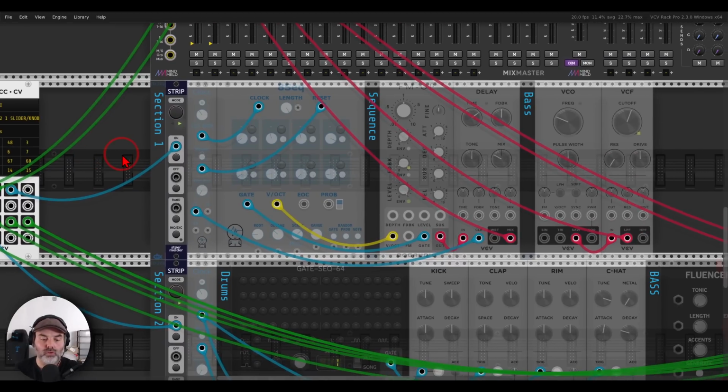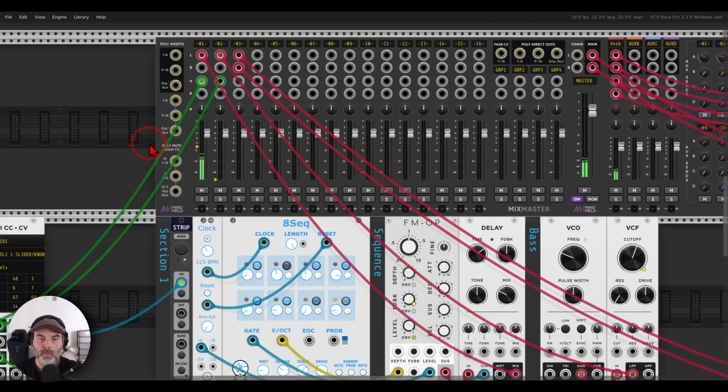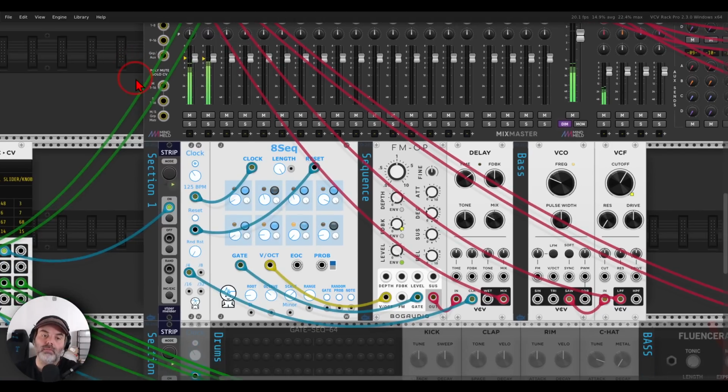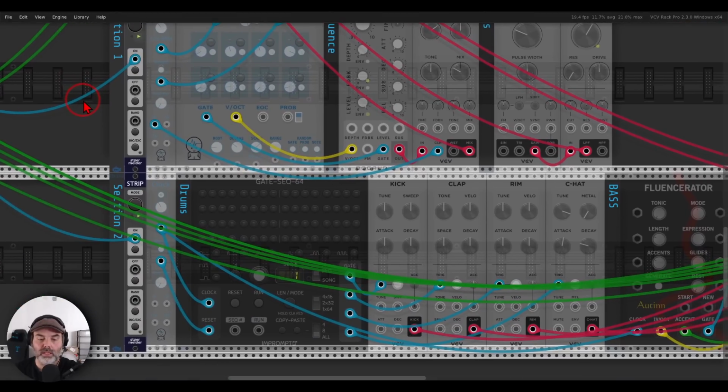I have here my MIDI controller. This is the nanoKONTROL from Korg. And with the click of a button, you can see I can bypass and unbypass the whole section, and now I can start performing this section. I just have here the faders mapped. There's a sequence, there's bass, I can control the bass. Let's say this is the first section, and now I'm fading them out because I want to move on to the next section. I can, again, with the click of a button, bypass them and then unbypass